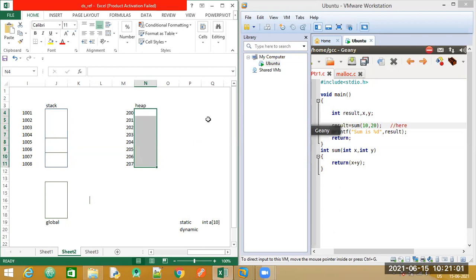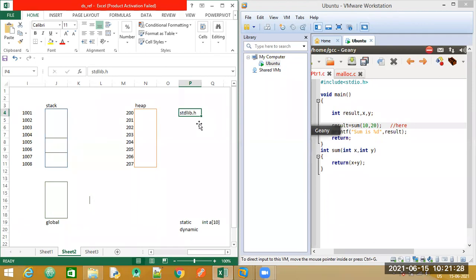Now, when we talk about dynamic memory allocation, we have a library called stdlib.h, like you have the header file stdio.h for input output statements. The stdlib.h header file you will have to include in the program when you want to make use of dynamic memory allocation.